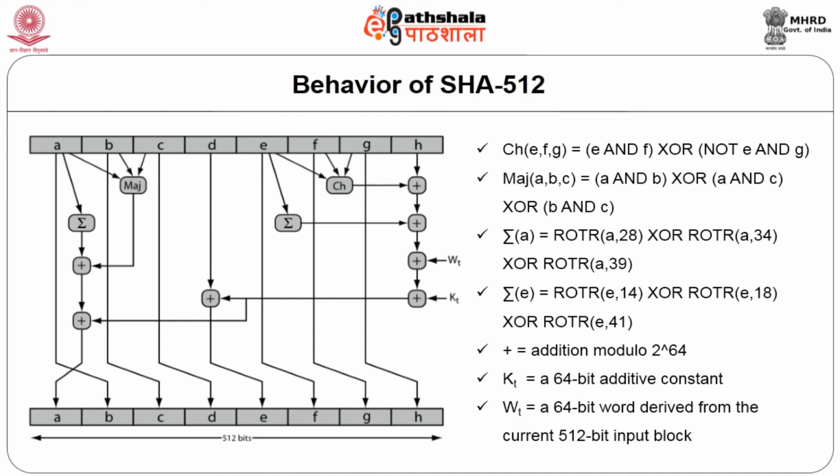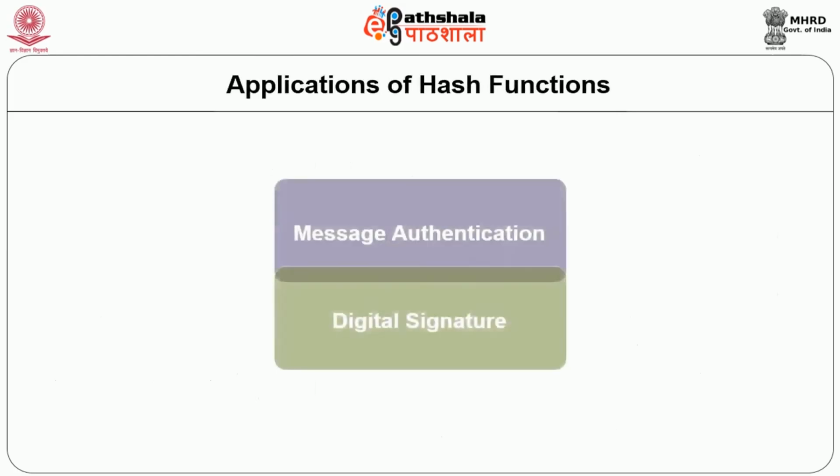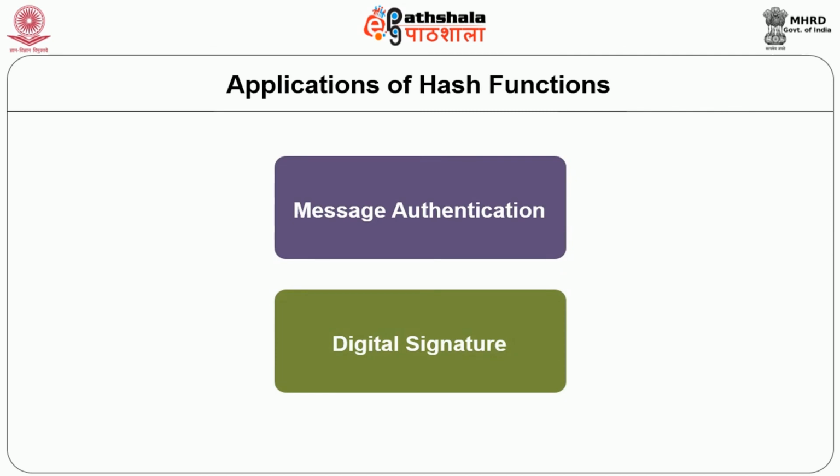We will go ahead with SHA 512 algorithm properties. Every bit of the hash code is a function of every bit of input. Complex repetition of the basic function f produces a result that is so well mixed that even if two messages are chosen at random exhibiting similar regularities, it is very rare that they will produce the same hash code. Applications of hash codes are message authentication and digital signature, which we will see in the next module.